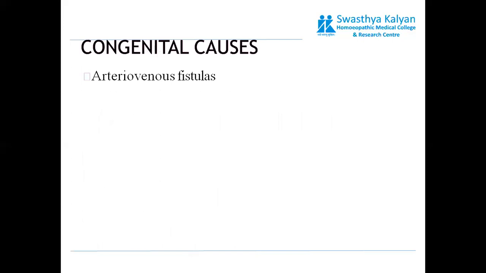There may also be certain congenital causes like arteriovenous fistulas, which might also result. This fistula would be an opening between the arteries and the veins, and obviously, as we know, there is more pressure of blood in the arteries as compared to the veins. So if there is a development of a fistula, or congenitally an opening is present between both these structures, more pressurized blood from the arteries will go into the veins, and obviously that will increase the pressure in the veins.